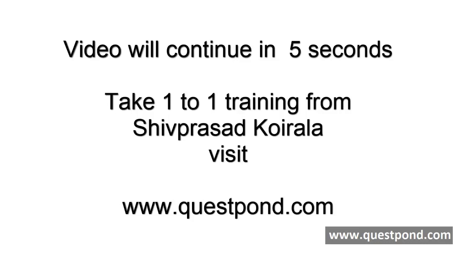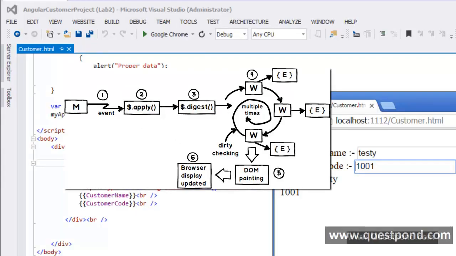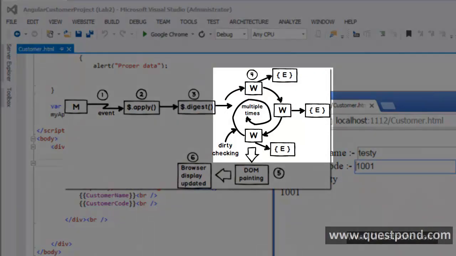Now one of the things which can come to your mind is, why are we discussing this whole life cycle and digest cycle? Because it is running automatically, it is nice, it is minimizing our development effort. Remember one thing, in life, when you get something very easily and automatically, there are problems also associated with it. In this whole life cycle, if you concentrate on the 4th step specifically, that 4th step is a bit stressful, isn't it? It is going to run multiple times. It's going to evaluate multiple watchers. Think about a screen where you have 100 fields. With 100 fields, you can have maybe 200 watchers, right? So it can definitely have a lot of